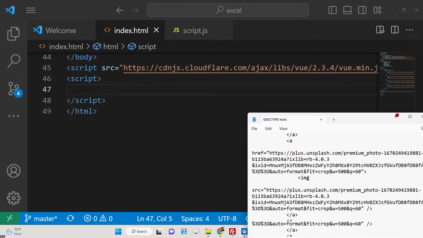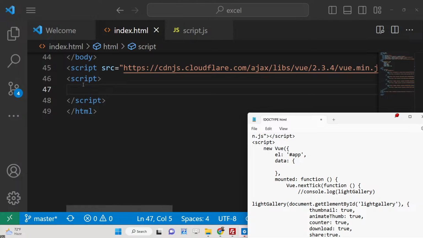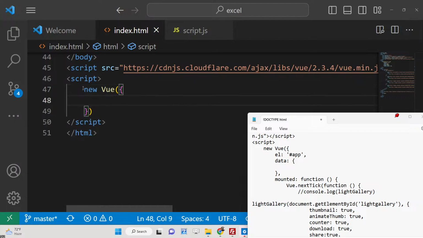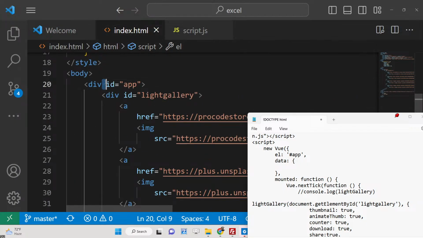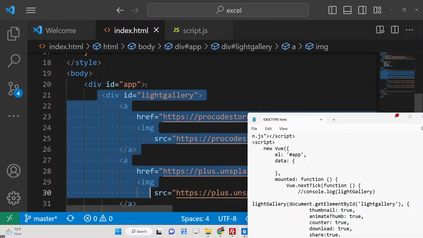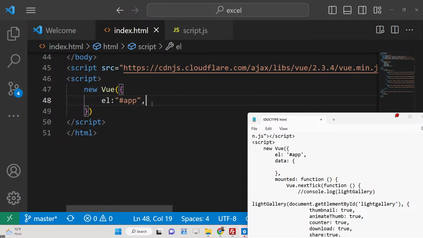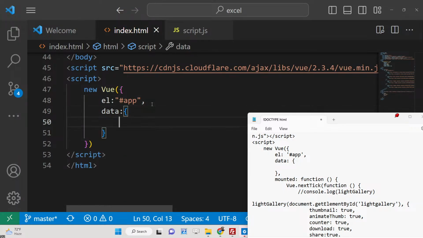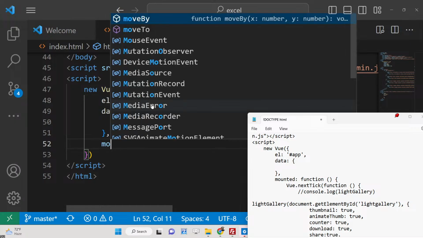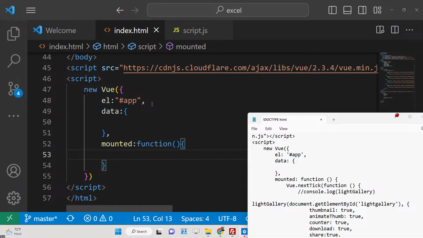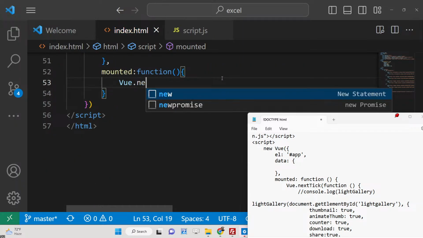Now we need to write the JavaScript for initializing, we need to write the Vue.js code. For writing the Vue.js code, guys, we will initialize a new Vue.js application, new Vue, and inside this we will pass the element on which we need to embed our Vue.js application, we will pass the ID. This ID we have given, guys, you will see we have wrapped all the application inside the div tag, which we have given the ID app here. So after this, put a comma here, and then data will be an empty object, and then we will have the mounted property. This will be a callback function, and inside this you will use the Vue nextTick function,